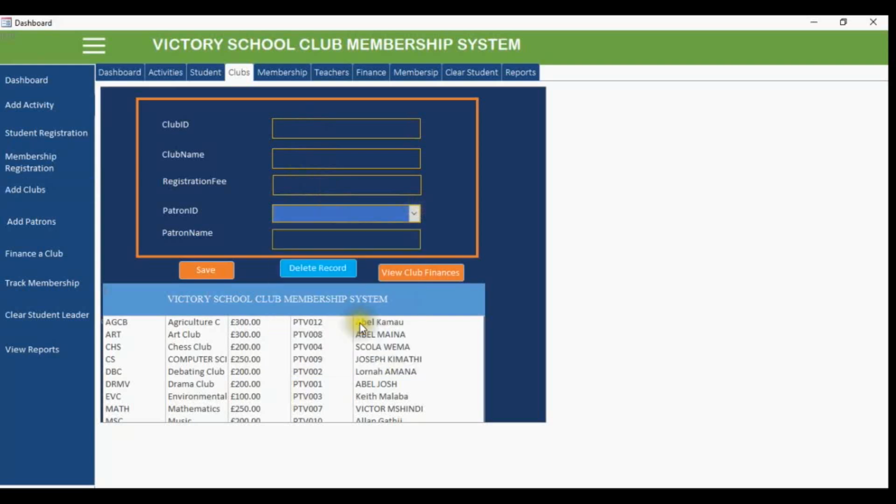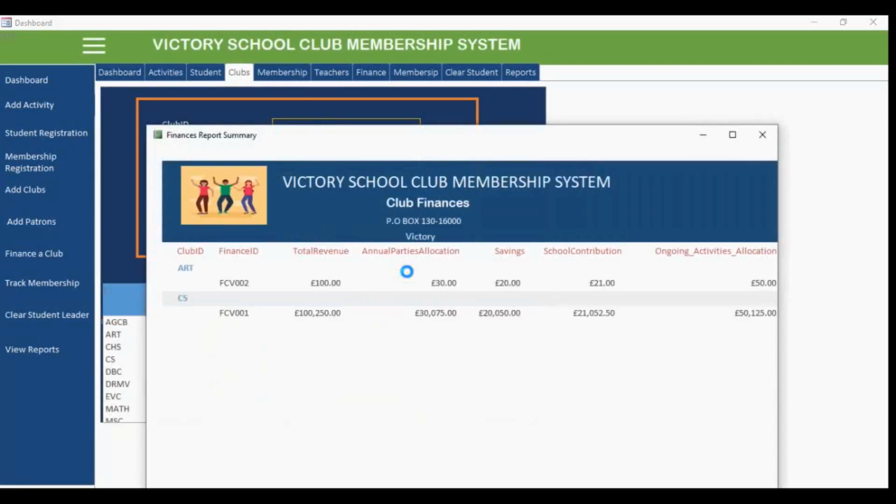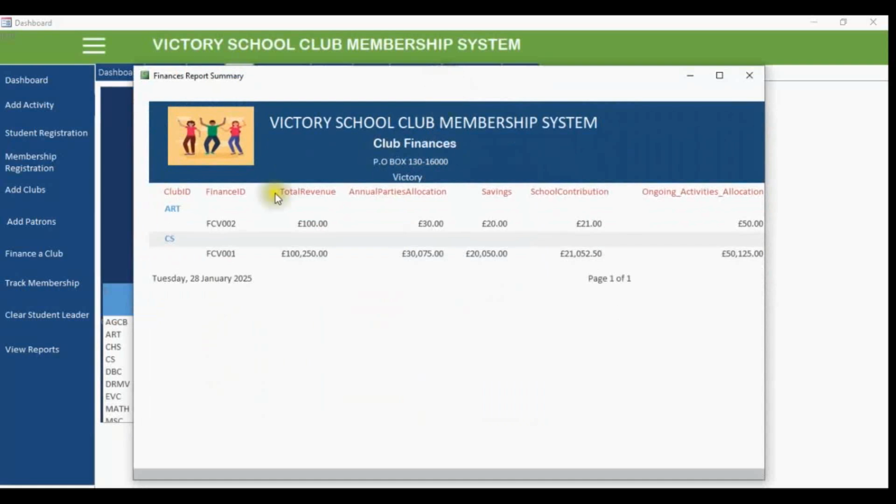So again, if you choose, it will autofill that for you. So be very much careful when you add the data. Now as for me, I've added all the clubs, so I don't need to do any additional work over here. Then after you save, you can view club finances. In this case, it will display a report of the current funding to the